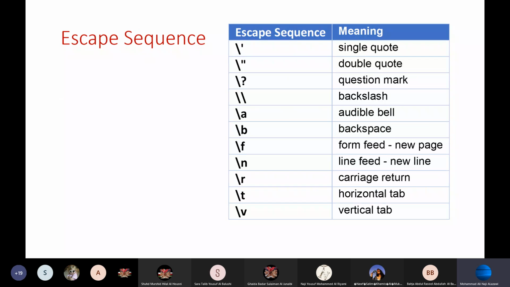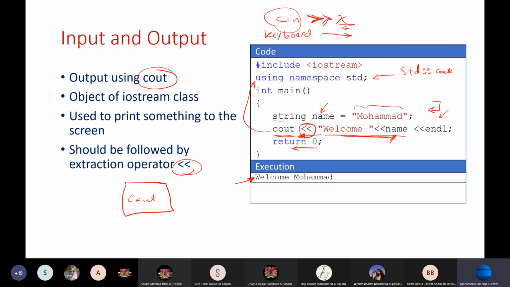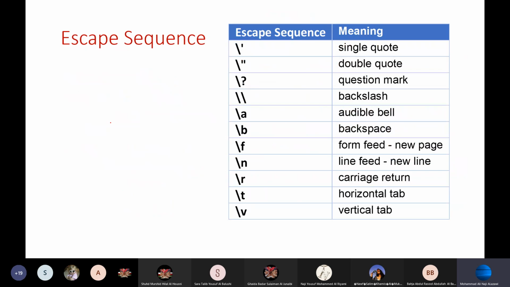Before going on, if you can see now, when I write cout here and I want to write some message, I put it in quotation marks. Then endl, semicolon. Now here inside the quotation marks, you can use this